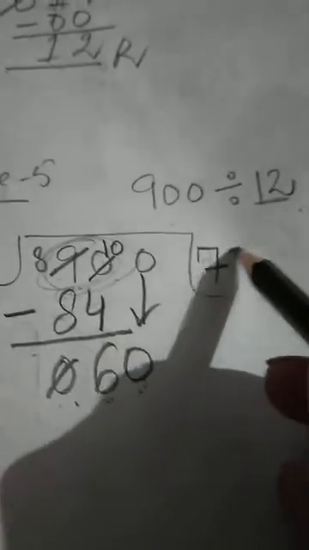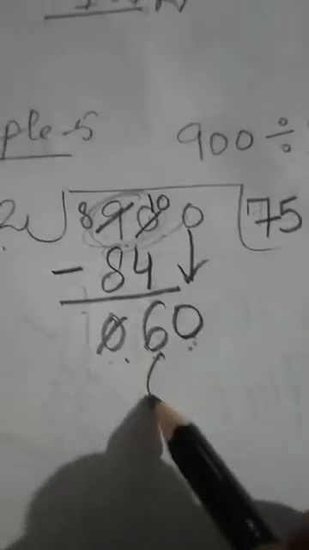Firstly divide. Now 60 will be divided by 12. Then multiply. For multiplication we will observe the table of 12, so that what can be written under 60? 72 cannot be written under 60. Then what can be written? 60 can be written. 12 zeros the 0, 12 ones the 12, 12 twos the 24, 12 threes the 36, 12 fours the 48, 12 fives the 60. So 12 fives the 60.